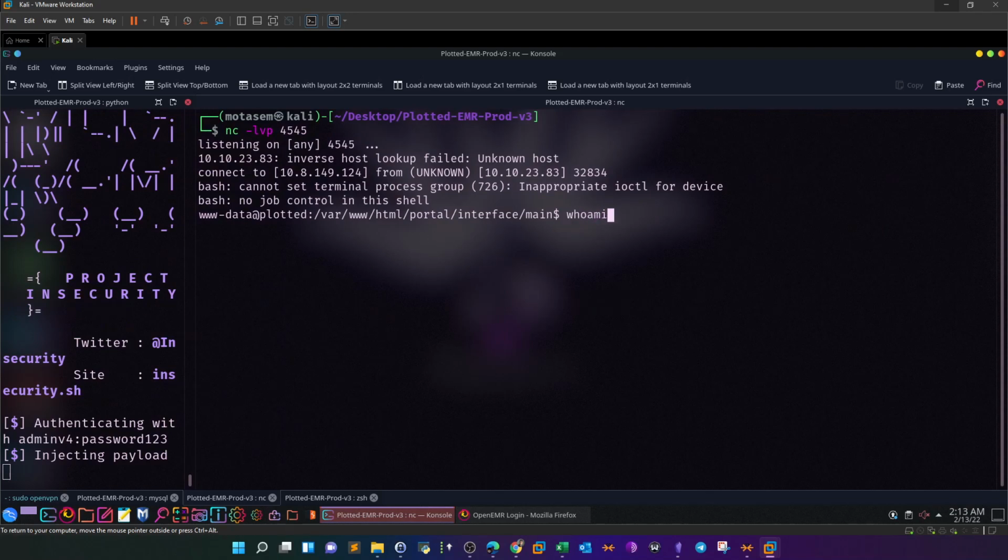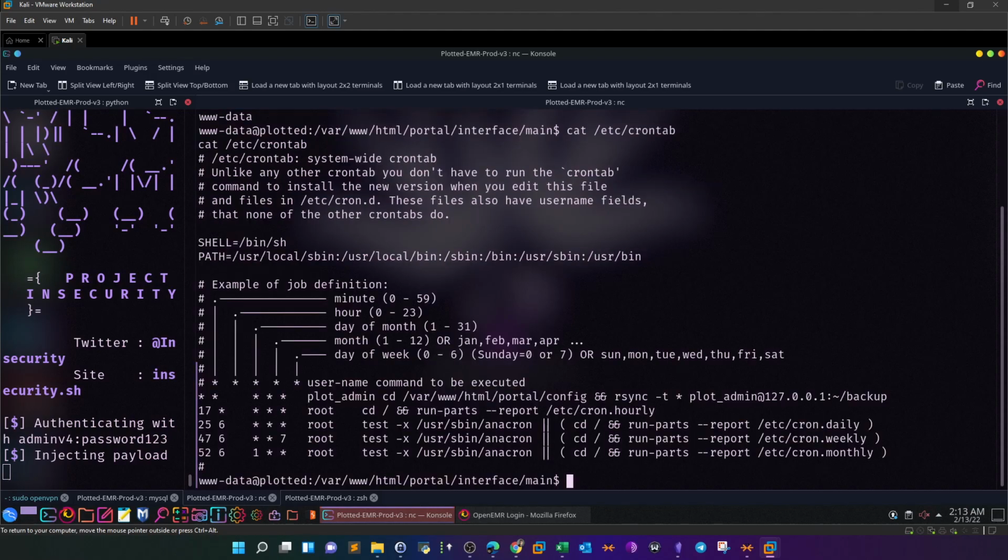Who am I? The regular www-data. Okay, what to do now? Next, we will do the privilege escalation. Of course, we can grab linPEAS, all right, and execute linPEAS. It will point you in the right direction. What's the right direction now? The right direction is to look at the crontab first. So if we cat /etc/crontab,